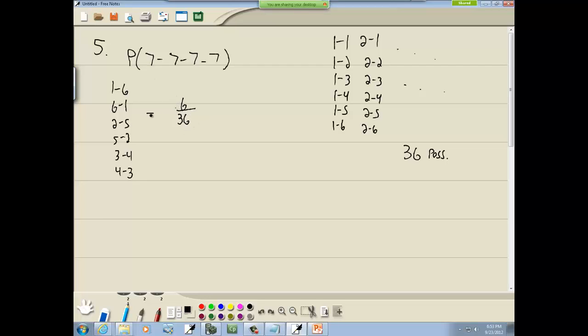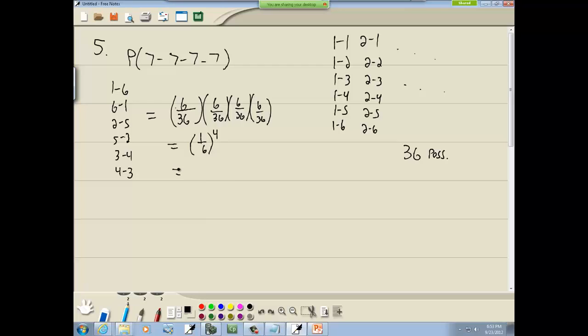Now here, that's your probability on your first roll. We got 3 other rolls where we're going to get 7. So this will be 6 out of 36, 6 out of 36, and 6 out of 36. Now these are 1/6. So that'd be 1/6 to the 4th power,